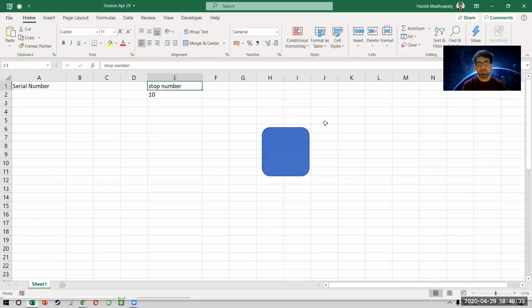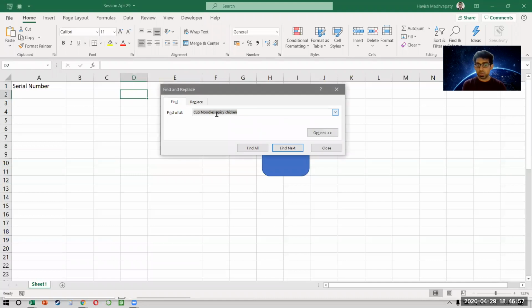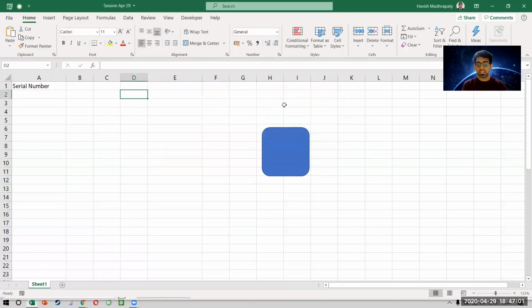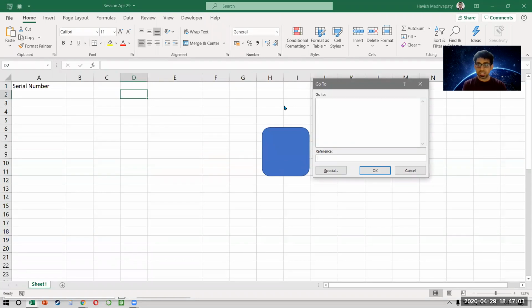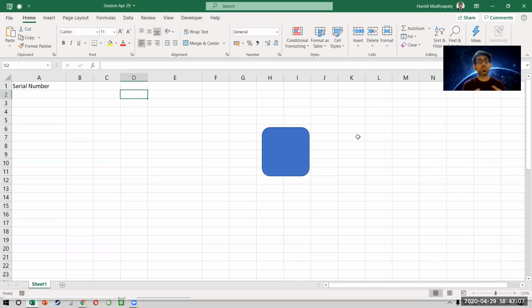So let's do something else. One final example with serial numbers, and then we'll shift to a different example. I don't like the fact that the number has to be put in a cell. What I want is that the number should come inside an input box. Do you see this? When I press Control F, what is this, everyone? This is the input box, right? If I press Control G, it is an input box, which means that I can type something in here. This is what I want to create.